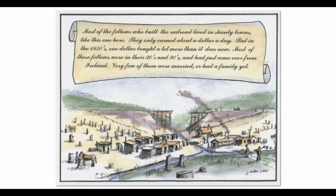These guys were only getting $1 a day, and you might find it hard to believe that McCausland in the fall cut their wages down because the days were shorter, so he wasn't getting as much work out of them. He cut their wages down to...